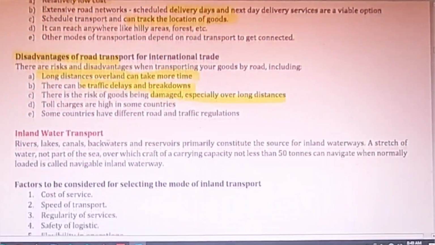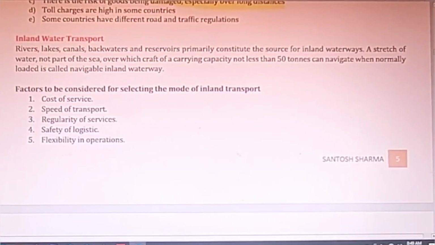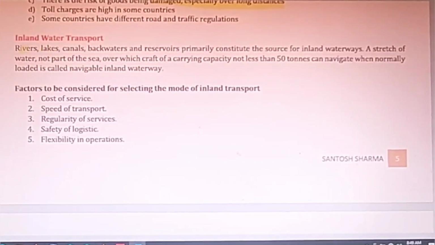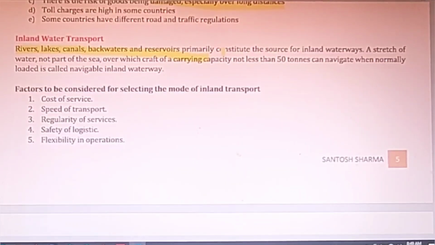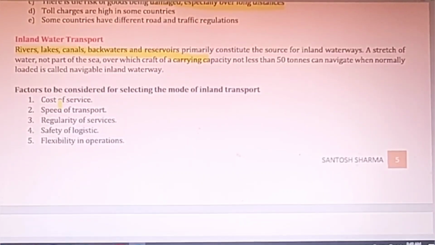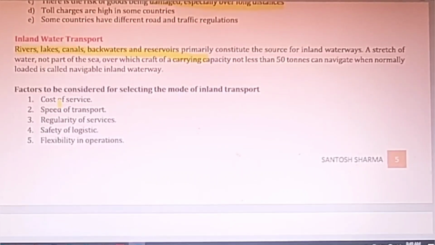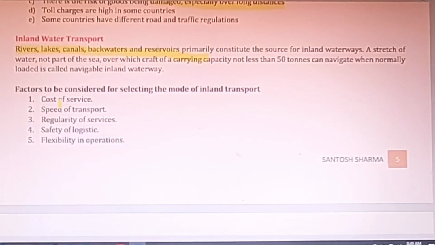Now, the next topic is inland water transport. Inland water transport here refers to all the rivers, lakes, and canals which are there in our country, and we can make use of them to transport goods and people. And basically, when a company thinks about the inland transportation system, in fact, I tell you, the inland transportation system in India is not very well developed. Although a lot of rivers are there, lakes are there, we fail to make the best use